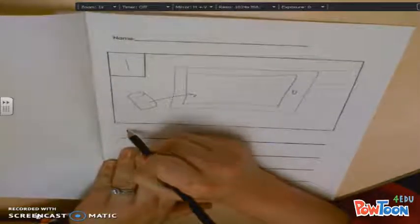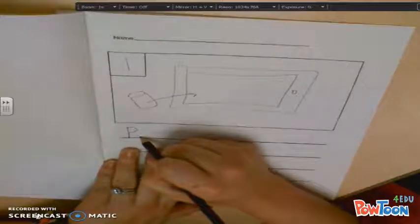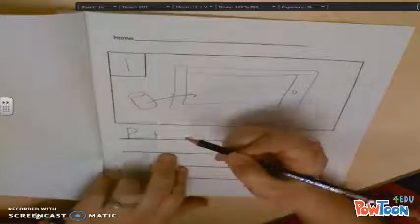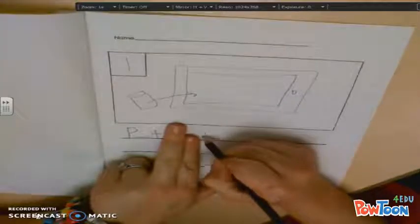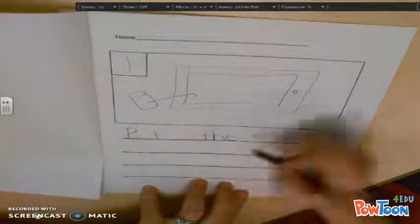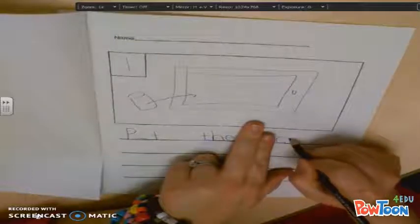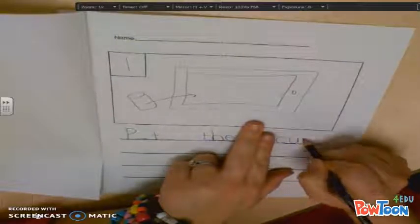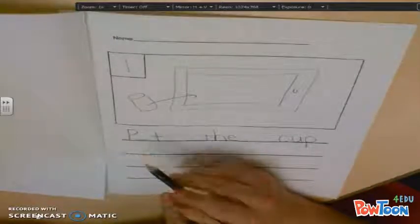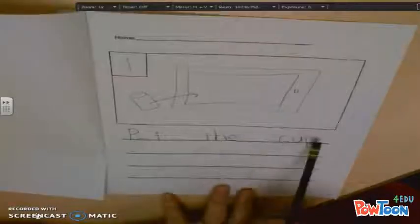So I'm going to stretch out put. I'm not sure what makes that sound, so I'm going to make a magic line. Put, space. The. That's a sight word. Cup, stretch it with me. Now I'm running out of room here, so I'm going to have to come down here. I'm going to go back and reread what I've got so far. Put the cup